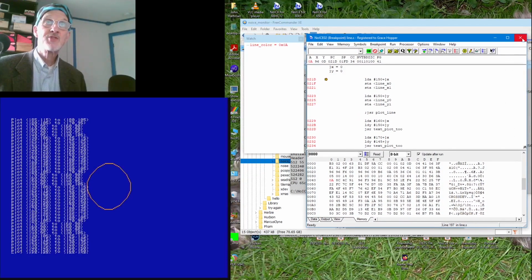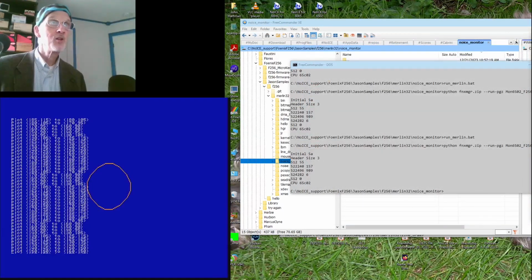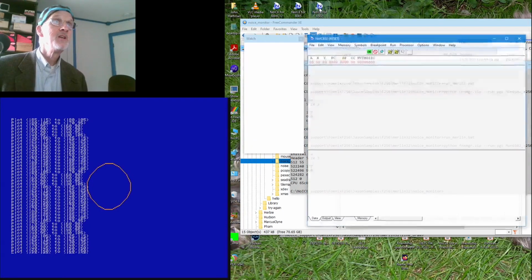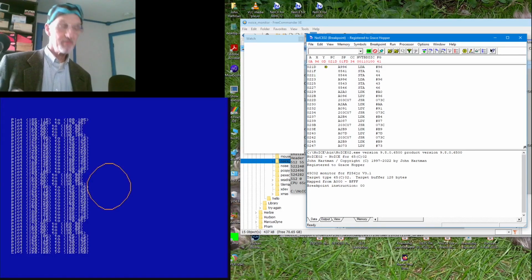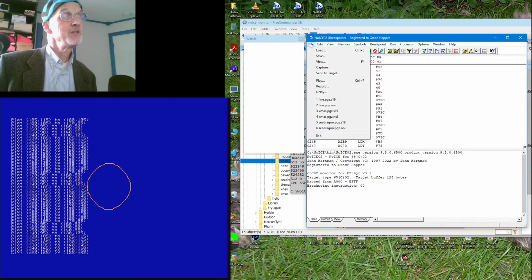All of this stuff should stay put. If I close NoICE and come back in, it asks the target, where are you? So we're in the same place. Now, at this point, we're just disassembling because it doesn't